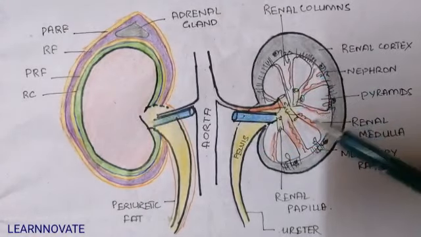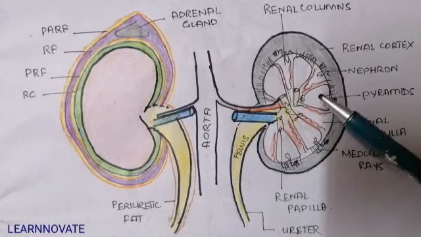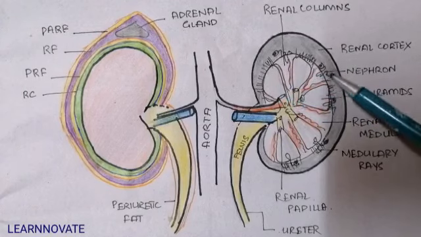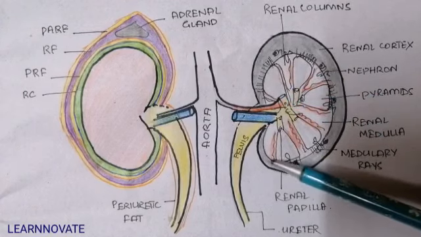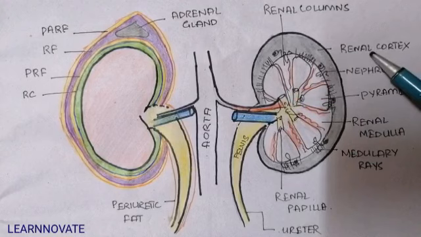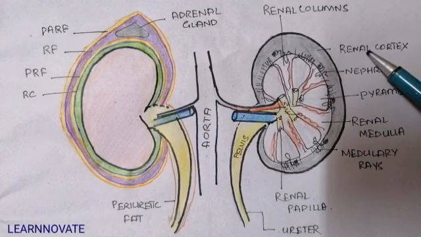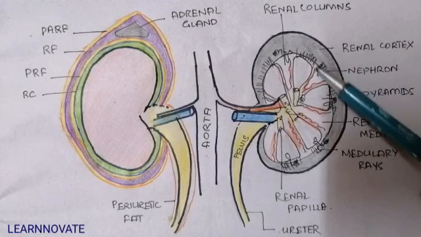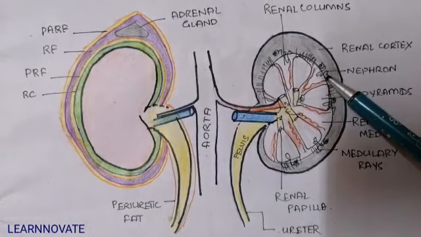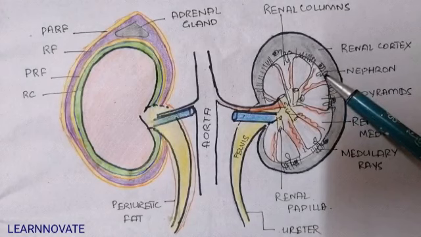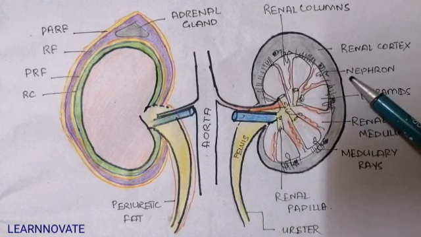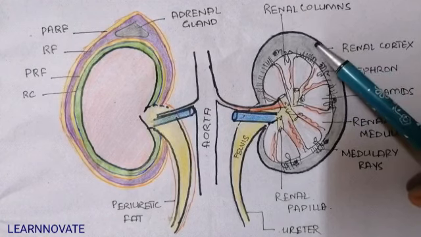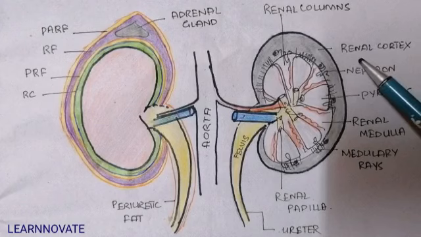Then if we cut the kidney, we can see two zones. This one is the outer zone of the kidney that is darker in color. This zone is called the renal cortex, and it receives 90% of the blood flow. That's why it is darker in color. This renal cortex contains a large number of renal corpuscles. And what are renal corpuscles? The renal corpuscles are the Bowman capsule and the glomerulus present in the nephron. So thousands of nephrons with renal corpuscles are present in the renal cortex.